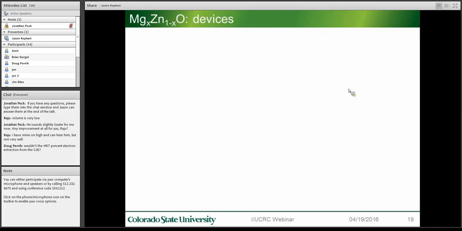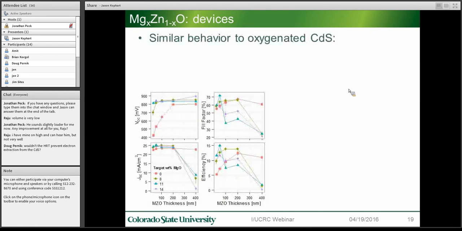And again, we made many devices varying the composition and thickness of this layer. We see similar behavior to the oxygenated cadmium sulfide. As you alloy more into the film, you see an increase in open circuit voltage from pure zinc oxide to low magnesium to higher magnesium. You also can see a slight improvement in fill factor, but the secondary barrier occurs for the thicker films, which